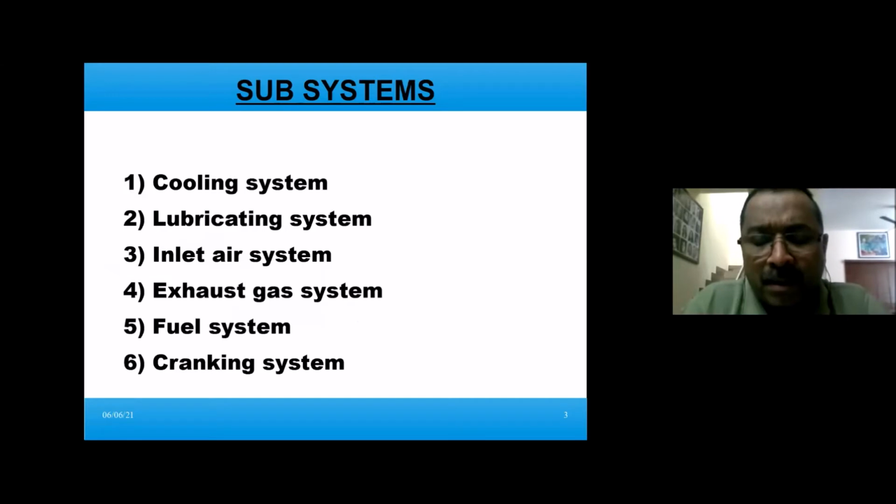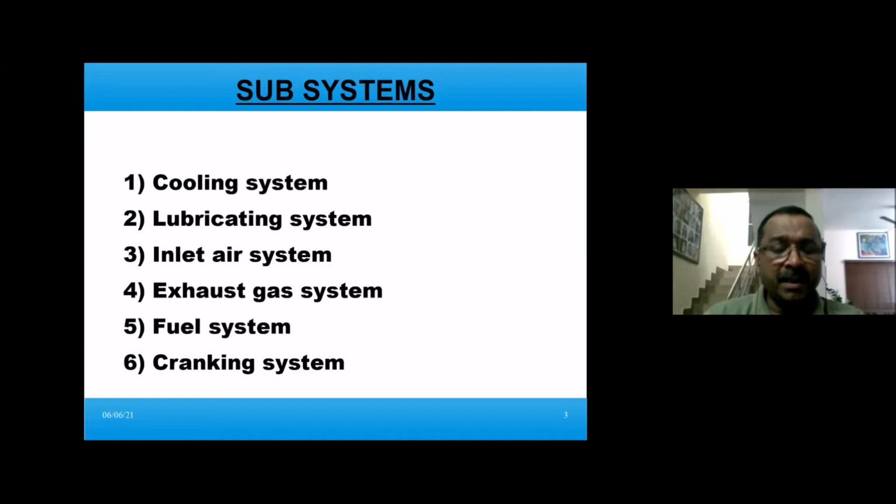So all the hardware items were discussed in the past 3 sessions of this module. And right now, we have to think about some subsystems of our engine, which make the engine alive. To make the engine alive, we need it operational. To make the engine operational, we need some subsystems. So this day we will be discussing mainly these subsystems.